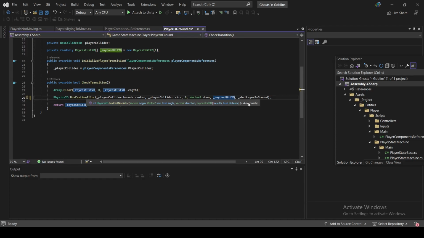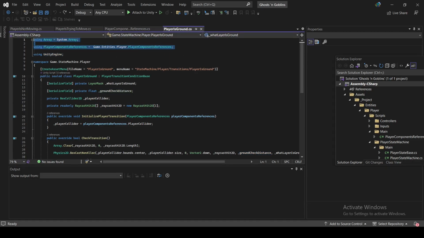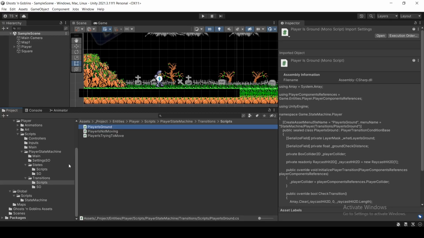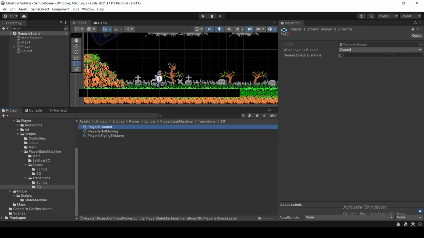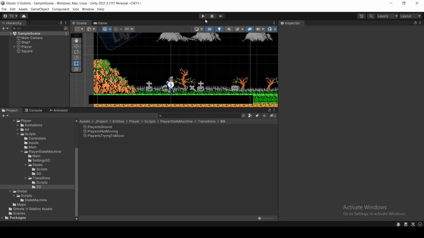It's getting the distance instead. So if I just add this ground check distance, and also refactor the using statements and go back to Unity, you can see that I can just pass a value like 0.1. If I press play,